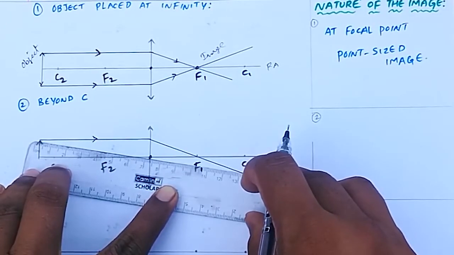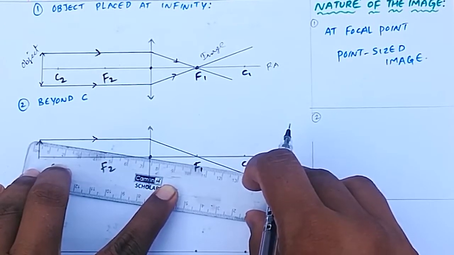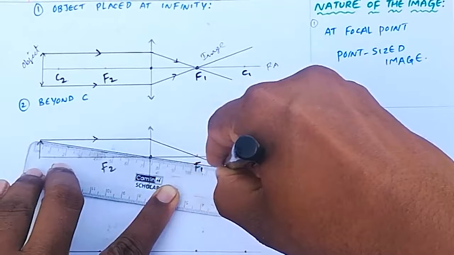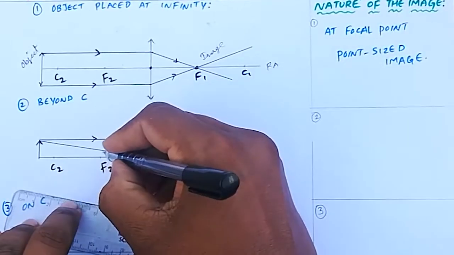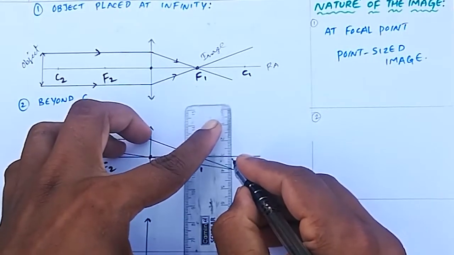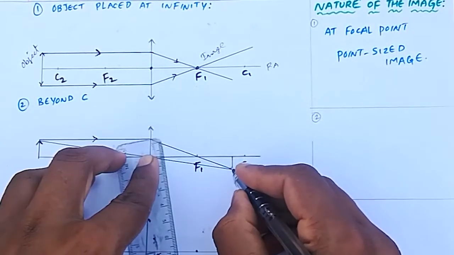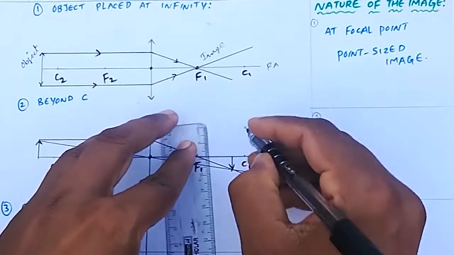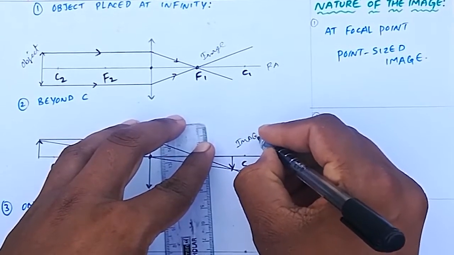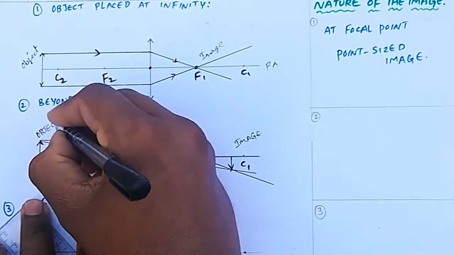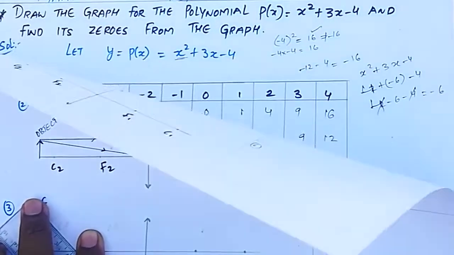And the second one, from the same top, passing through the optic center, we need to draw one horizontal line, passing through the optic center. This is also an incident ray. Now where they meet, there we get the image. The first incident ray and second incident ray meet here, so this is the image formation. This is the image formed between F and C. So this is the object and this is the image.